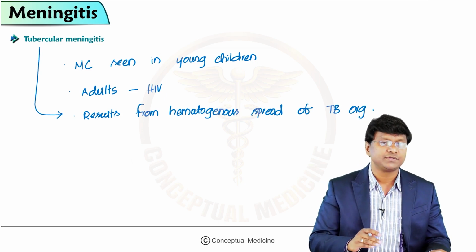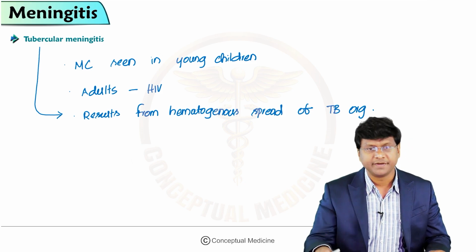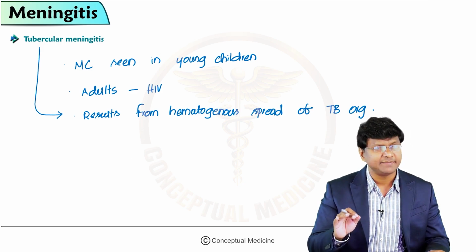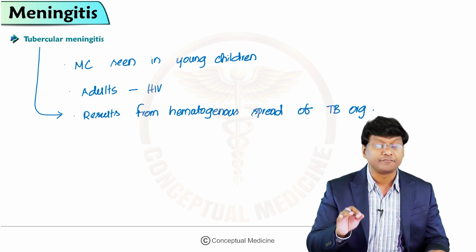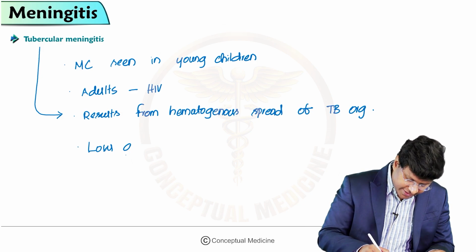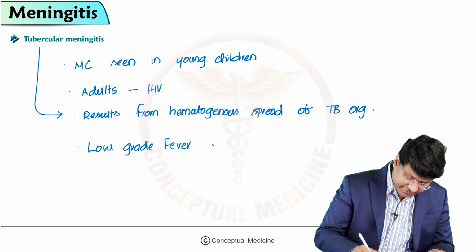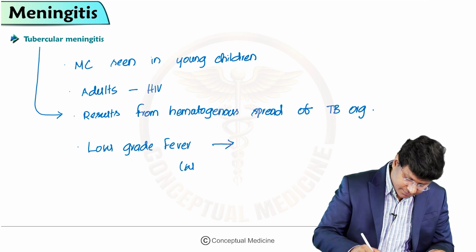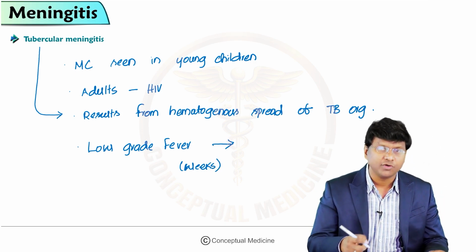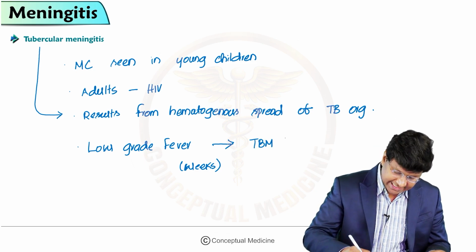Right, it results from the hematogenous spread of the tuberculous organism from the lungs to the brain, and the disease often presents subtly as headache and slight mental changes after a prodrome of weeks of low-grade fever. So these individuals will have low-grade fever initially, that will be there for weeks. Followed by that, there will be development of tuberculous meningitis, and due to which they'll have